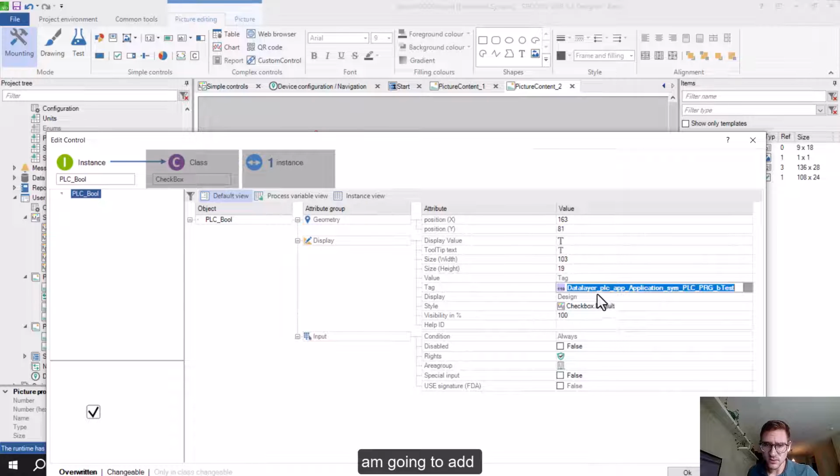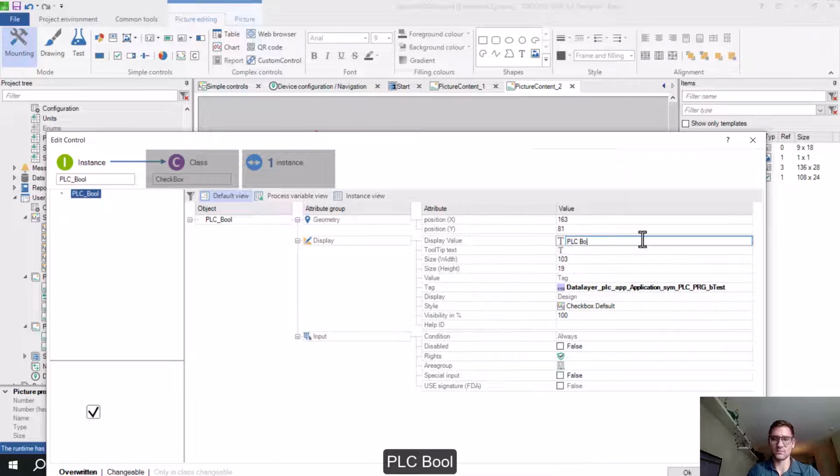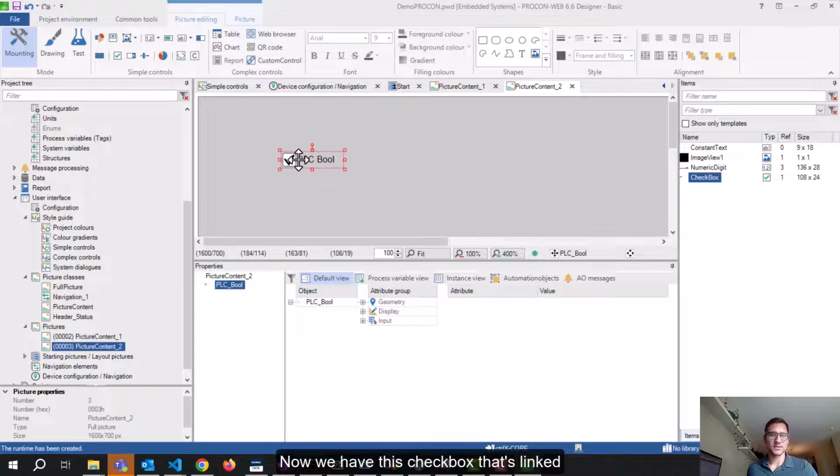And I also am going to add a display text, which is just going to say PLC bool. Okay, so now we have this checkbox that's linked to our PLC bool. This is just a display, but instead let's actually add a button that can toggle that value on our ctrlX PLC. So I'm going to create a button element,